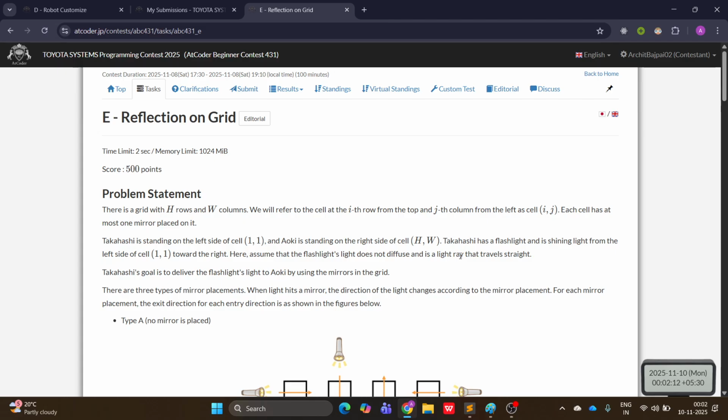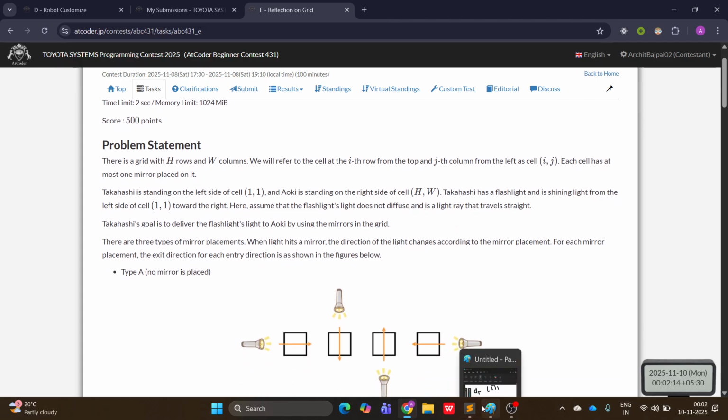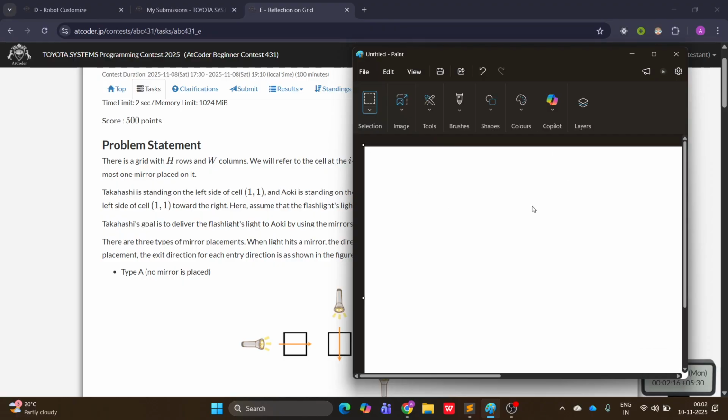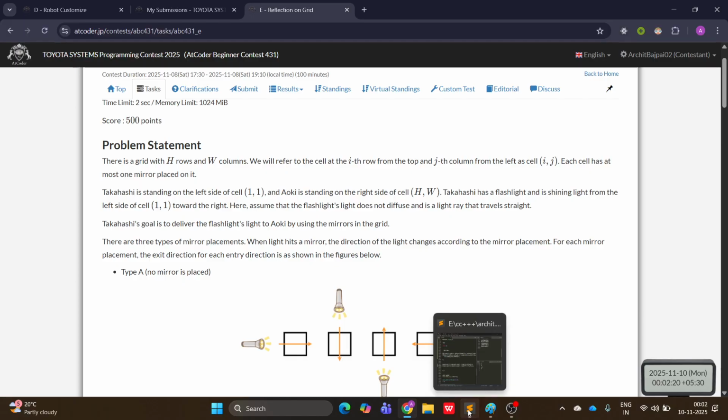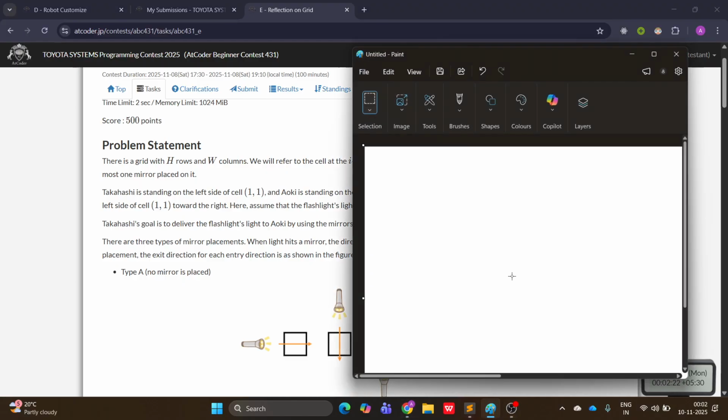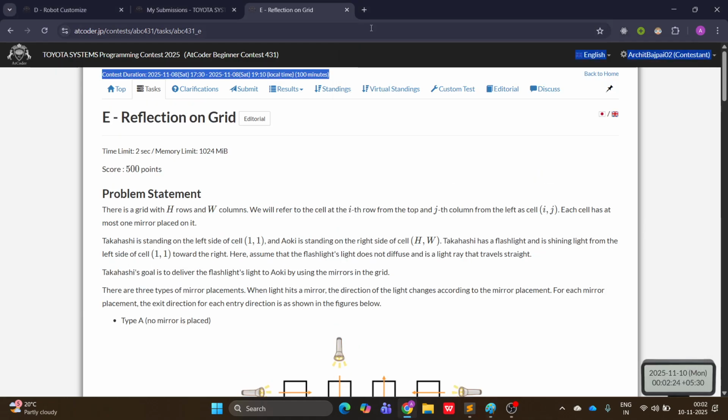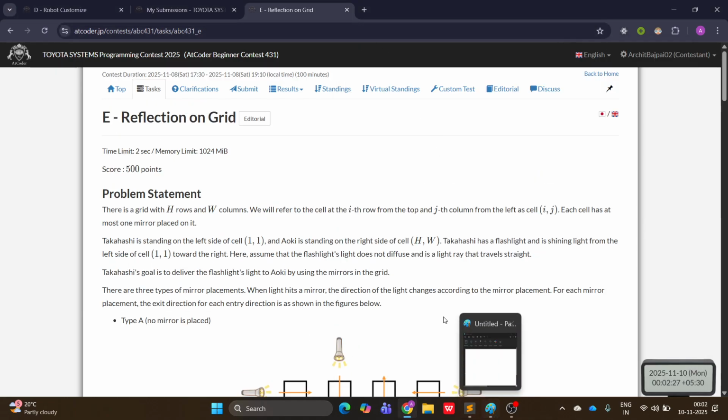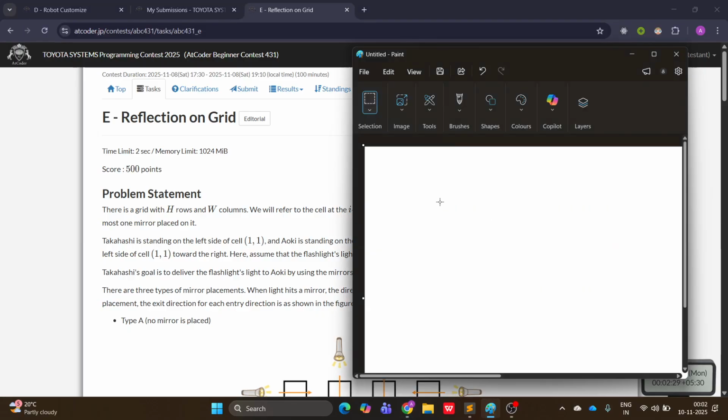Okay. So the major problem with this question was just the implementation portion. Other than that, it is a simple problem on 0 1 BFS. So you have been given a grid,